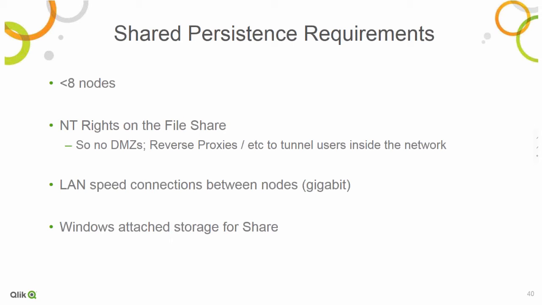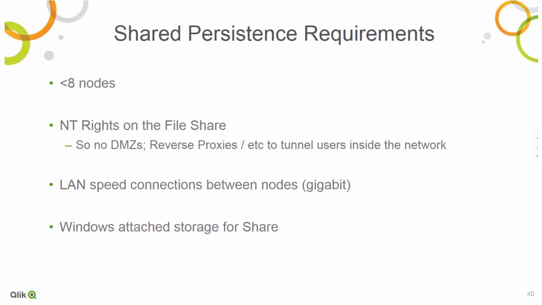Additionally, you need to have NT rights on the file share, so no DMZs are really going to be a live option. Reverse proxies or load balancers that can act as reverse proxies to tunnel users inside are really going to be needed. A lot of organizations have those in-house. It's just a matter of getting the teams in line and getting that configured, because typically the sysadmins don't have that background. If they do, great, but it does take a little bit more coordination between